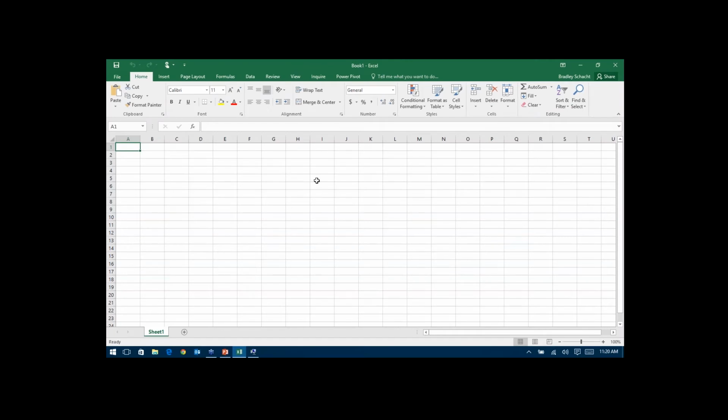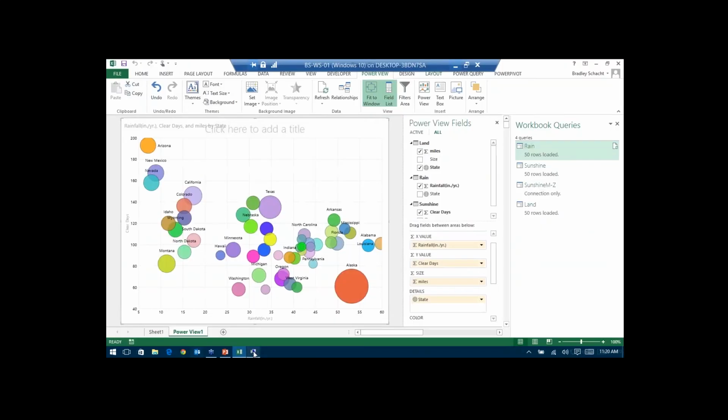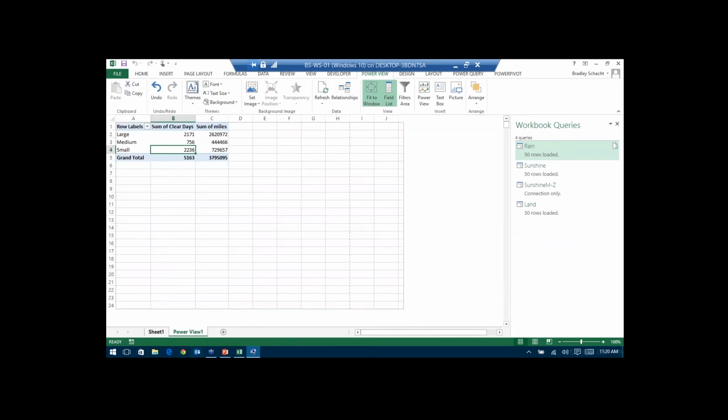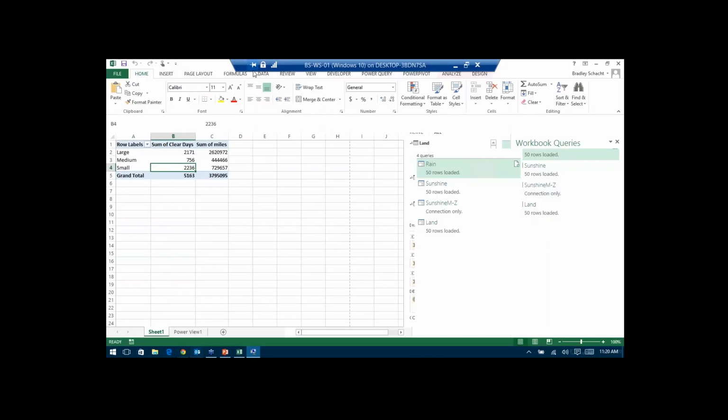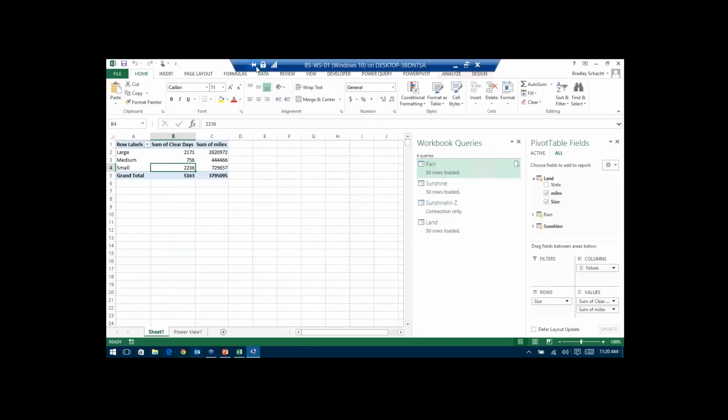And then here inside the Excel environment, you'll notice a couple of things. So I'm again inside of 2016. And what you'll see up here in the top corner is this little Power Pivot tab. That's where we're going to do all of our Power Pivot, all of our data modeling, this type of thing. I'm going to hop over here real quick and show you the 2013 environment. This is the same in 2010.